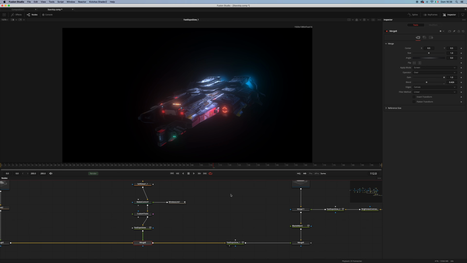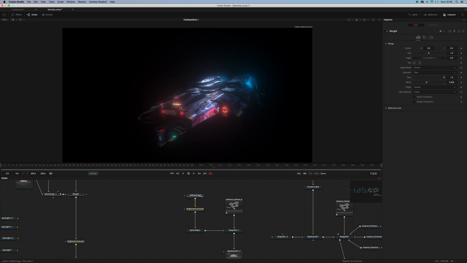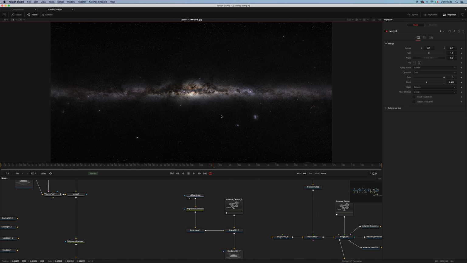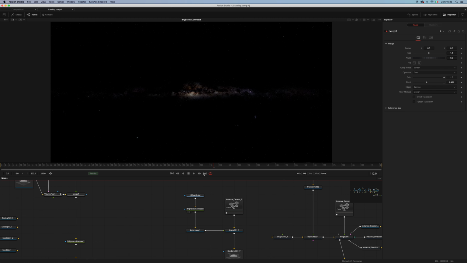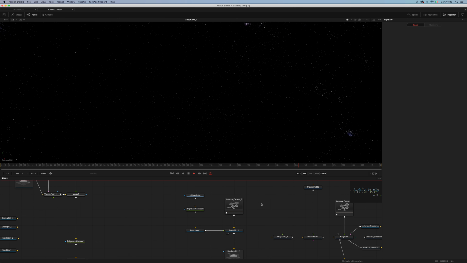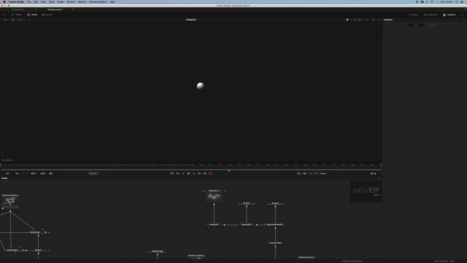And now it's time for our background. I used this beautiful picture that I downloaded from the internet. I don't remember actually where I did so. Brightness contrast, sphere map, and this is our background. And then I have this sphere. Yeah, let me zoom in, and I used